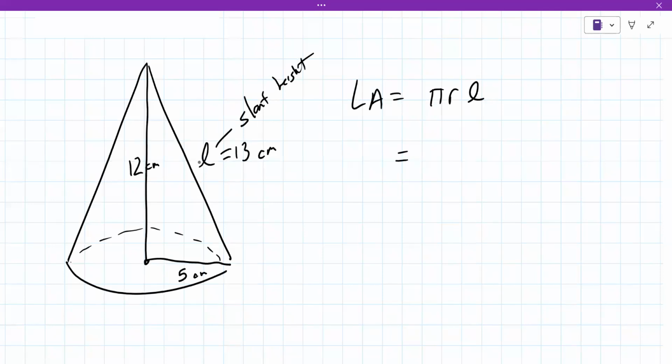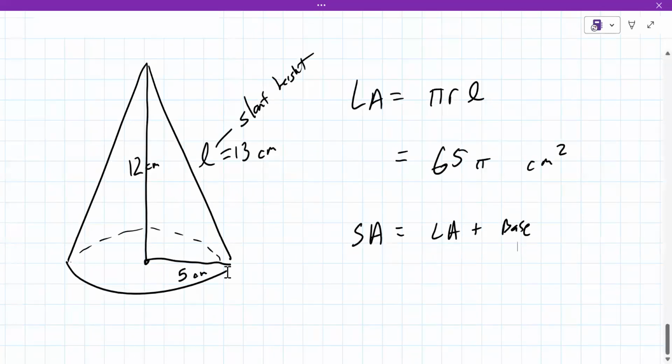So could you give me the lateral area, please? In terms of pi? So that would be pi r L. So I just do 5 times 13, which gives me 65 pi is the lateral area. And units? Centimeters squared. Now the surface area is the lateral area plus the base. I was writing bases, but this only has one base, which is just a circle. So it's 65 pi plus